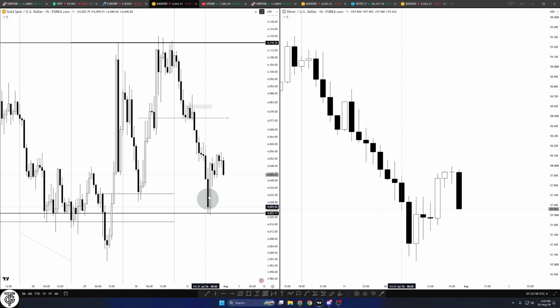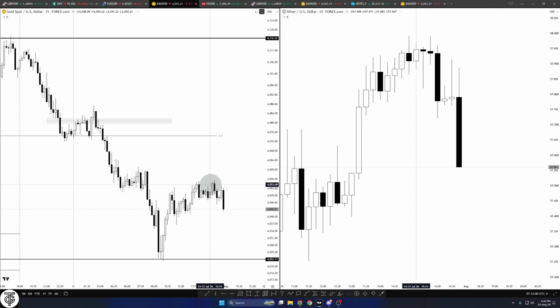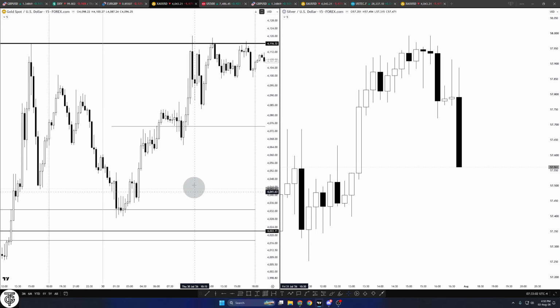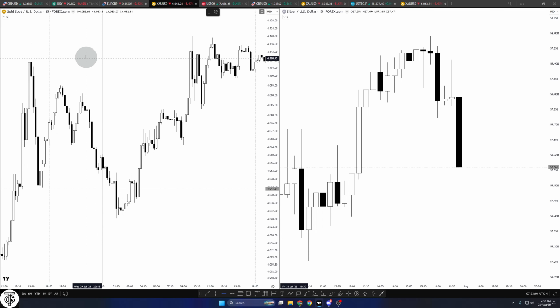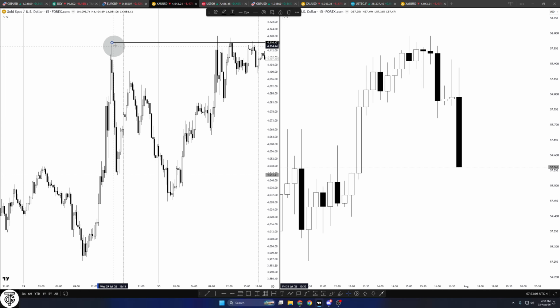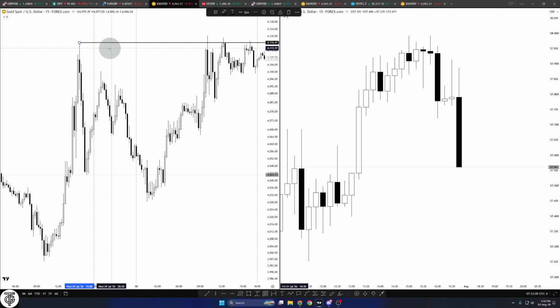So that was gold price action. And just before that, this was Thursday's price action, basically a market maker model. We have this engineered high on the FOMC event. This was Wednesday's high. We have been retracing inside this range.